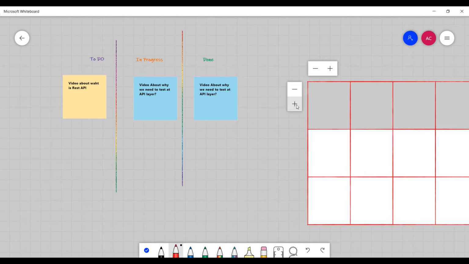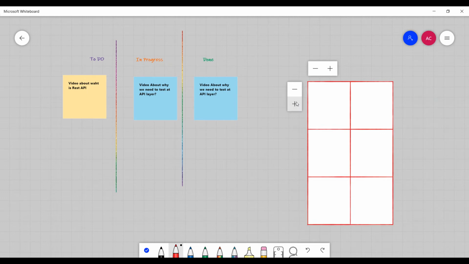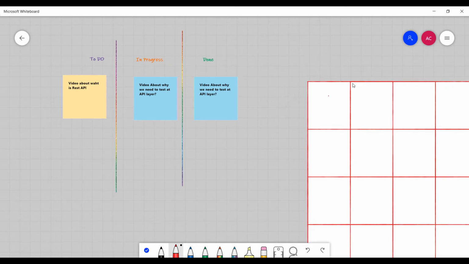Similarly, I can delete rows and delete columns as well. If we add multiple rows and multiple columns, it's very easy. And then I can just use this to copy, paste, cut, or delete this particular table. So this table drawing feature seems very useful and promising.